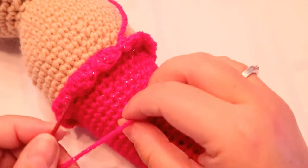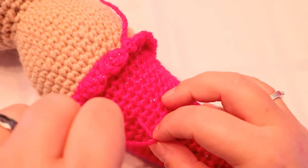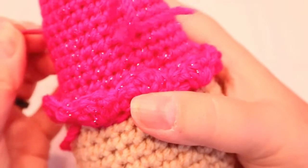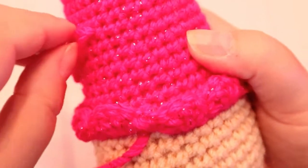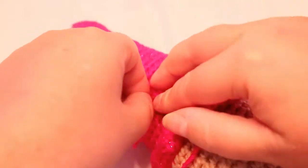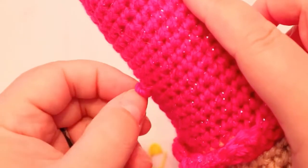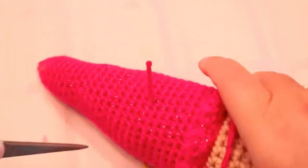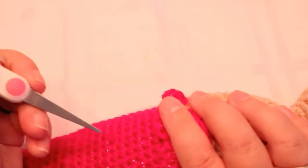So go down, if you're not sure about the weaving, go down as close as you can to your lead. Not in the same hole, but next to it. So when you pull, it may be hard to see, but that should just look like a stitch when you pull it through. And then if you have enough left over, you can weave a couple of times. I like to have enough where I can tie a knot, cut it off a little bit, and then take that knot and that tail and shove it down into the stuffing